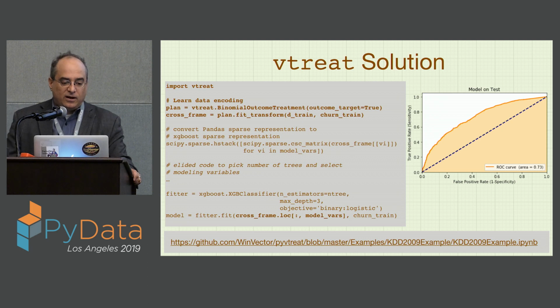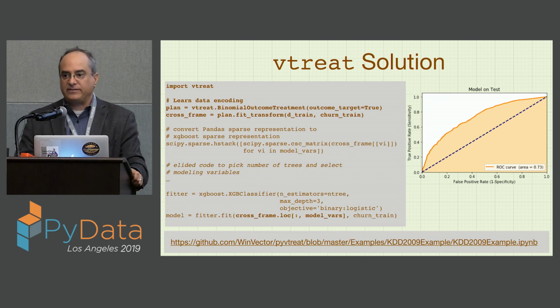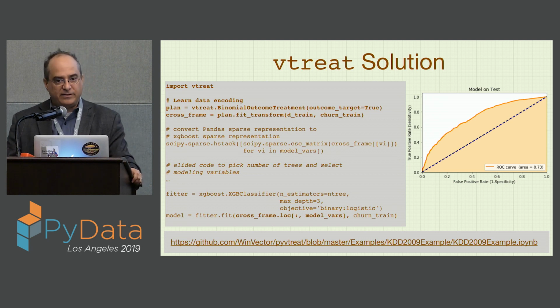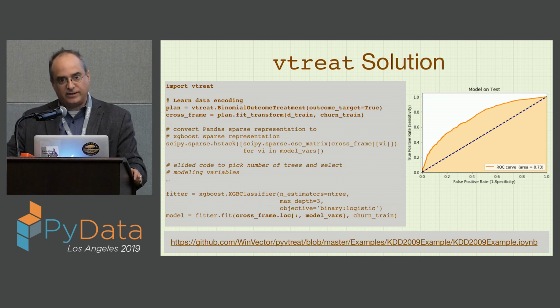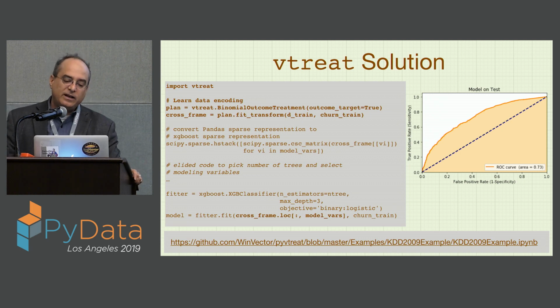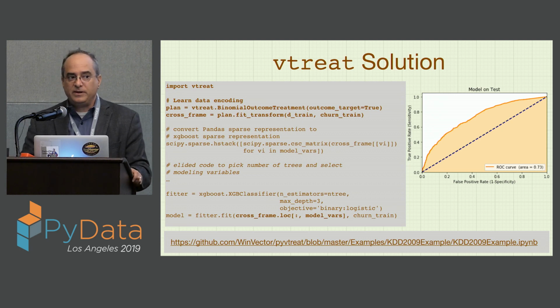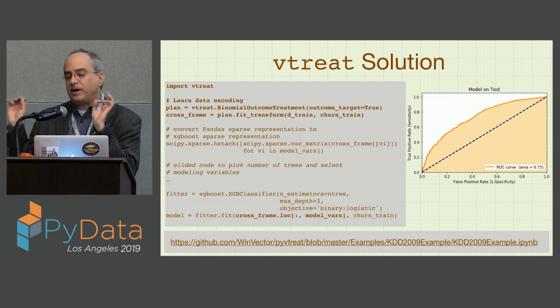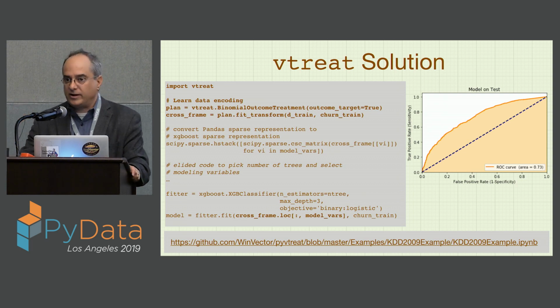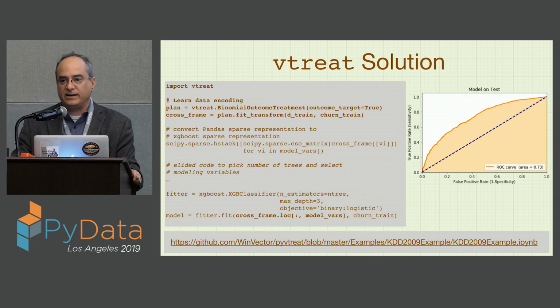So basically, all we need to do is call fit_transform. That's it. We try to do a scikit-learn pipeline style interface: call fit_transform, not fit and transform separately, but always the underscore form. And what that gave us was an AUC on held out or test data of 0.73. Which is abysmal, but for this problem, in the ballpark of the winning solutions. They were in around 0.74 to 0.76 after many days of effort.